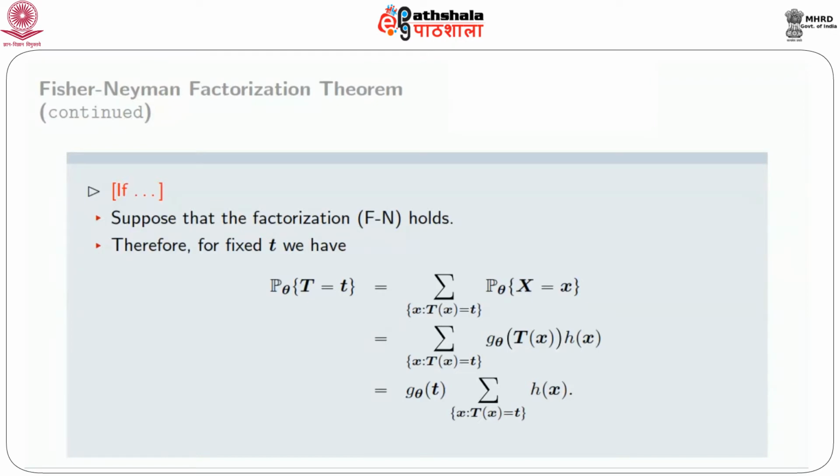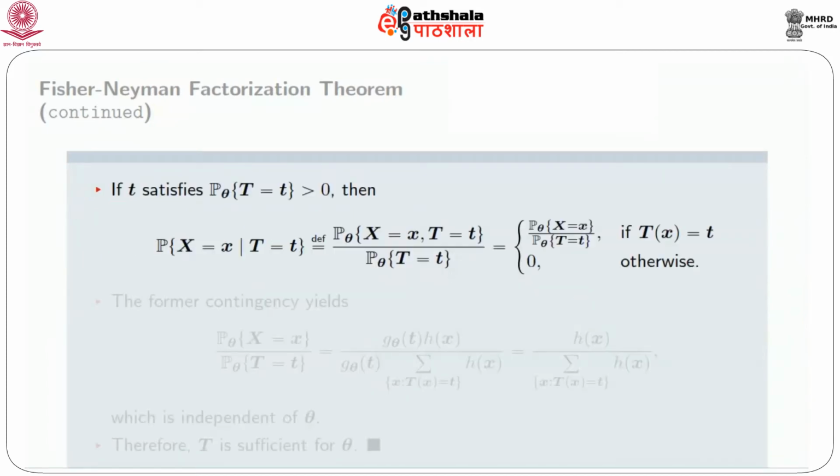Now, probability x equals to x can be written as g theta t(x) into h(x) because here the factorization holds, and hence we get g theta t into summation over x such that t(x) equals t of h(x). If t satisfies probability under theta T equals to small t greater than 0, then we get the conditional distribution